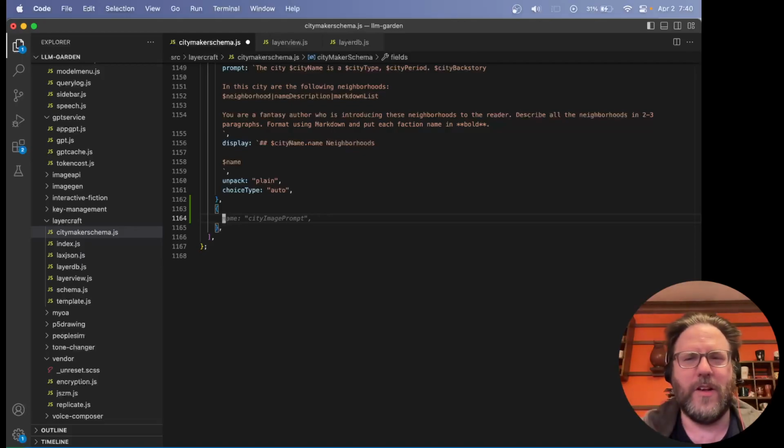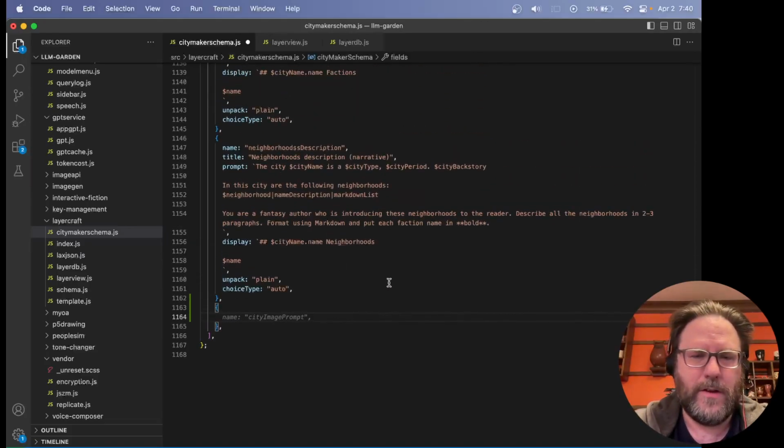You don't want to actually build all these other cities, but you just want to say, okay, what are the places around this? And so that's just going to be another field here, and we're going to give it a name. Doesn't have any parent. It just belongs to the city.